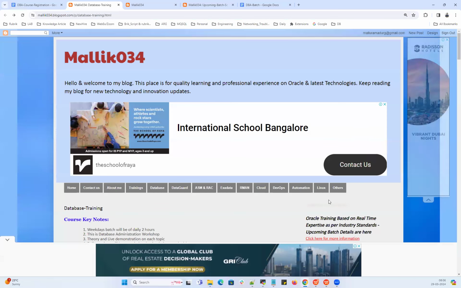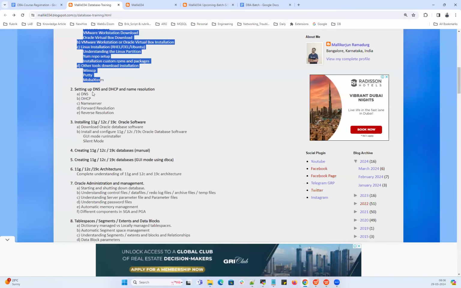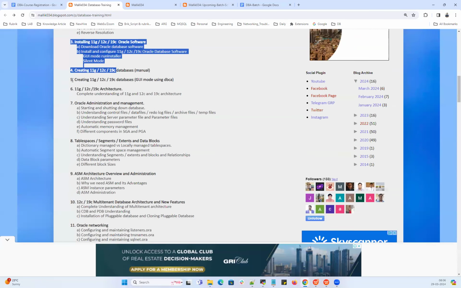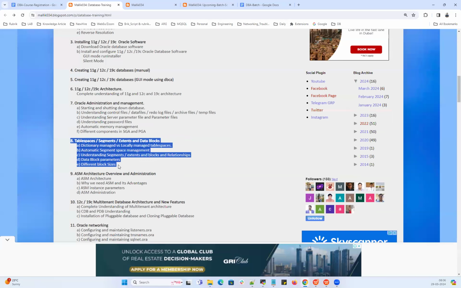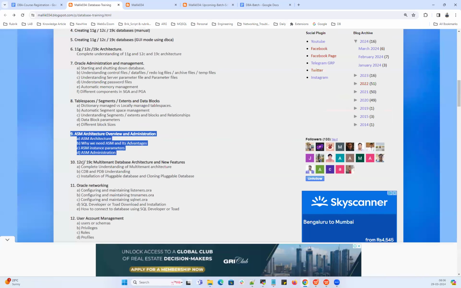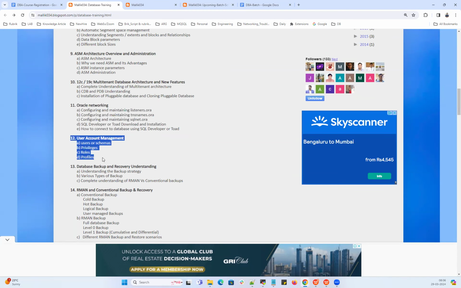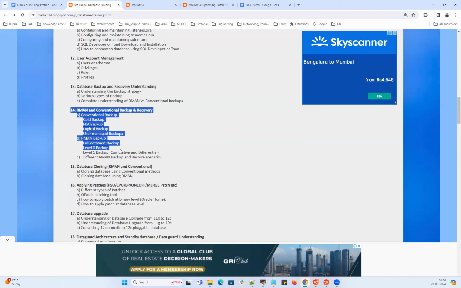So we briefed about the course curriculum, what is included in this course, starting with chapter number 1: environmental variables and setting up your lab, network setup, installation of your database software, creation of your database, architecture, administration, data files and backend data file management, logical and physical components of your database, and ASM architecture, multi-tenant architecture, networking, listeners, TNS, users and profiles, user management, permissions, roles, backups and recovery, RMAN refresh, RMAN backup, level 0, level 1, archive log backup, RMAN cloning, and